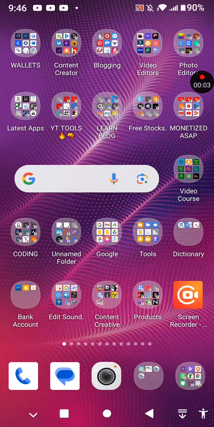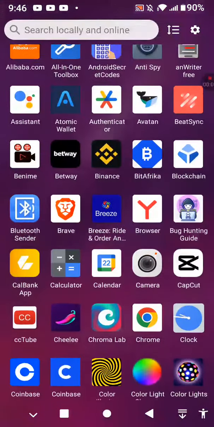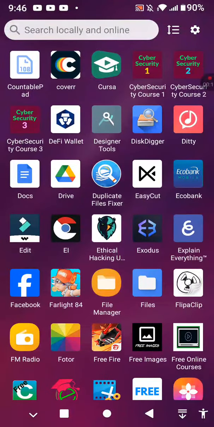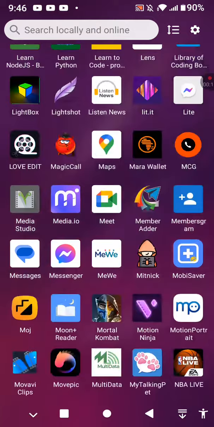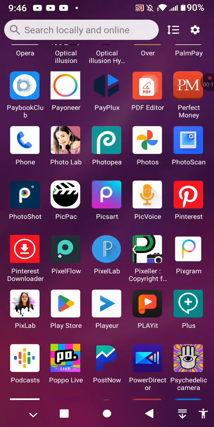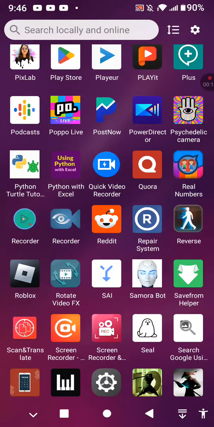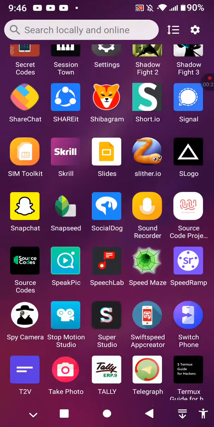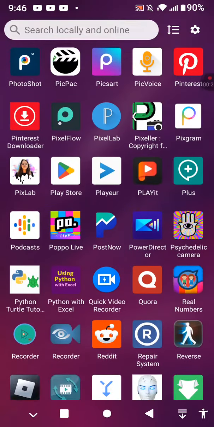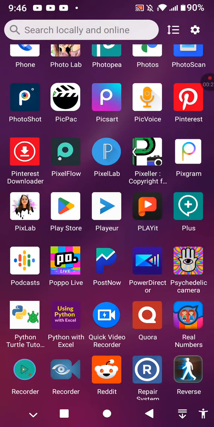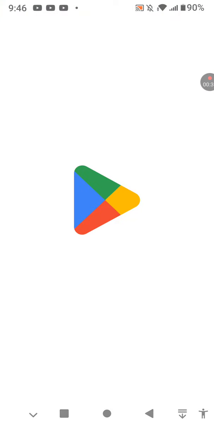So guys, this is how to download 9news on your phone. So head straight to your phone menu and scroll to search for settings. So when you get to your settings, just scroll down below. No, you have to just look up. Rather, you're gonna find Play Store. So tap on the Play Store app